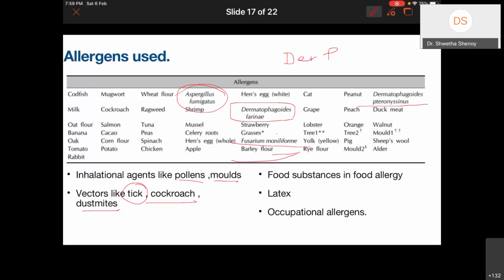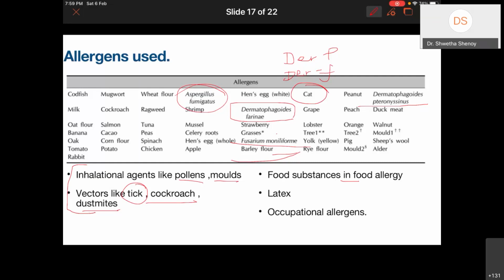So this is DER P1, this is DER F. This is how it is written on the allergens. So these are the inhalational agents we would probably be looking into. I'd like to add here cat dander. These all come under